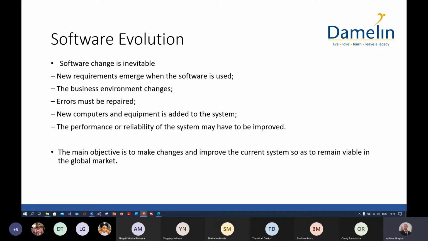New requirements emerge when the software is used, and that forms part of the agile approach. There will be new requirements that are coming in, and the business environment changes. So the environment around your business is changing, your competitors are doing newer things. Errors must be repaired. New computers and equipment are added to the system. The performance or reliability of the system may have to be improved. The main objective is to make changes and improve the current system so as to remain viable in the global